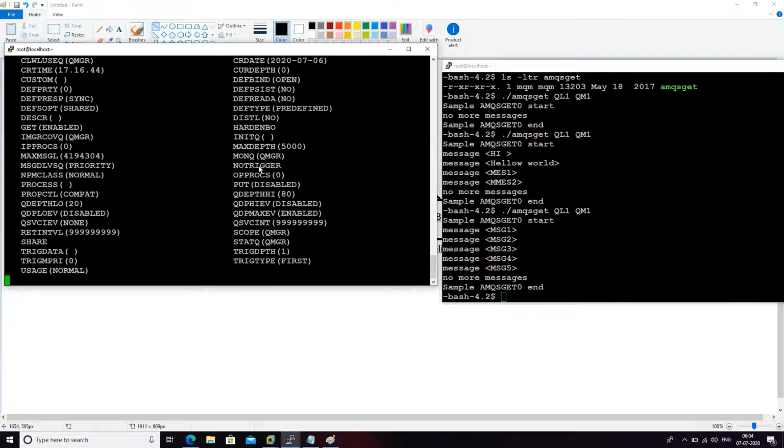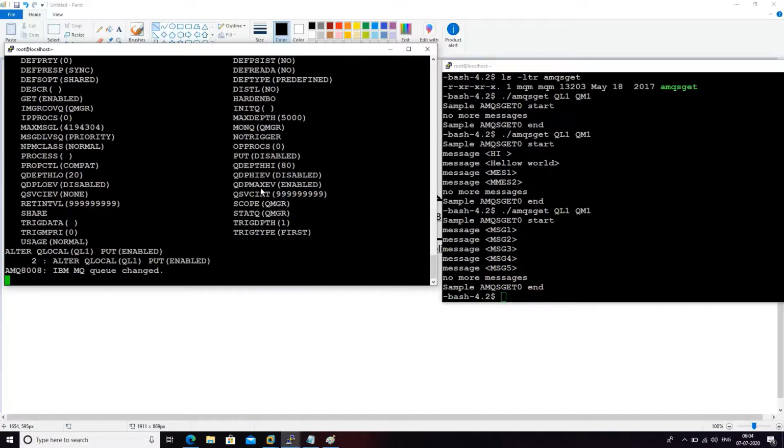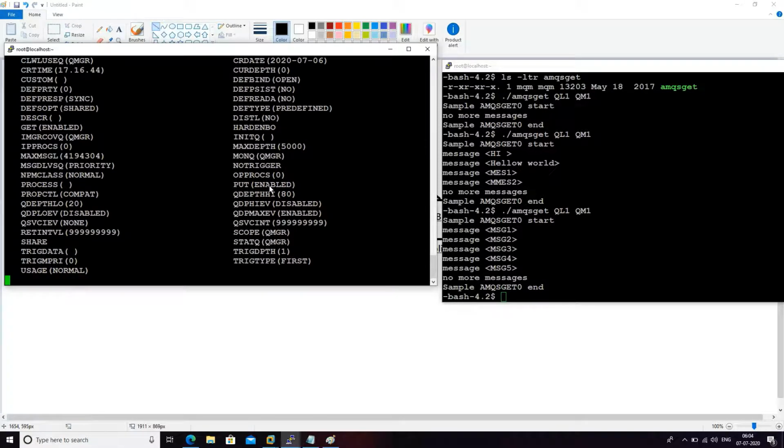To change that to enabled, again use the alter command: alter qlocal QL1, put, enabled. Okay, it's enabled now. Display qlocal QL1, check the property. Again it's enabled. Now you are able to put the message.